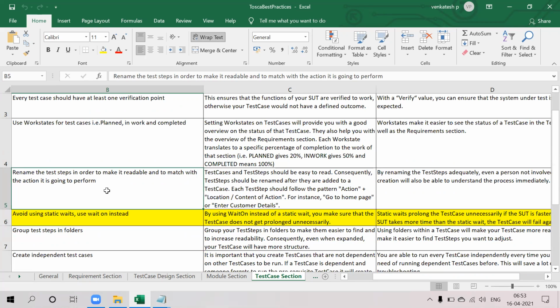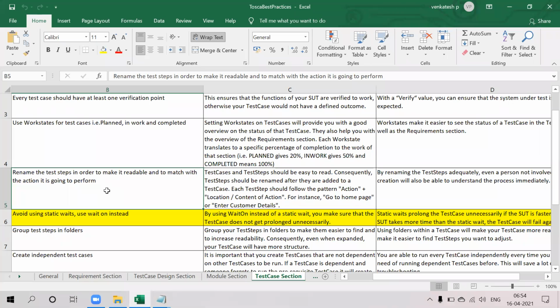As for naming, whatever naming you give to the module, you can give the same naming convention to the test cases as well. And for the test steps, in order to make them readable, you match them with the action. For example, I am going to click on the login link. If you just mention login in the test case name, you might be confused about what action it is performing.